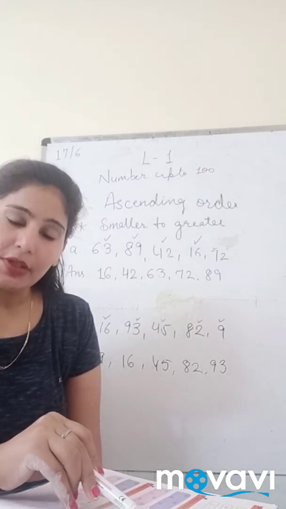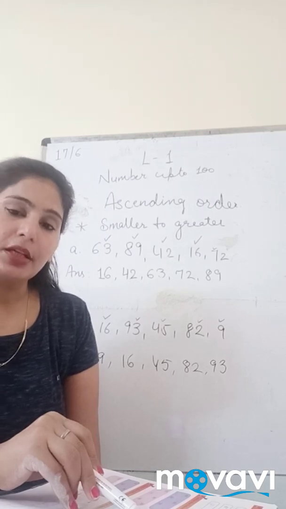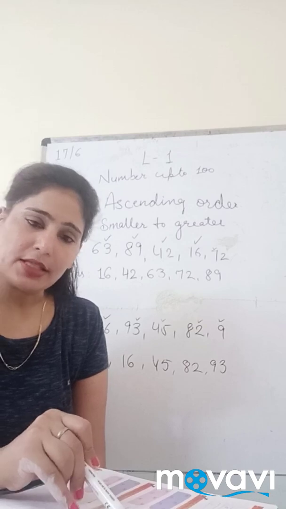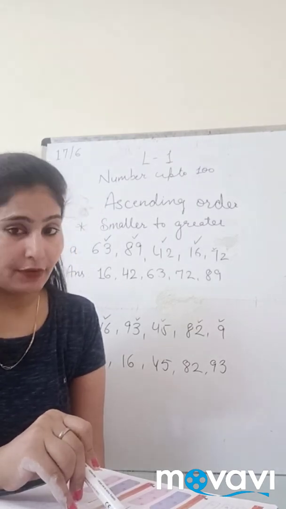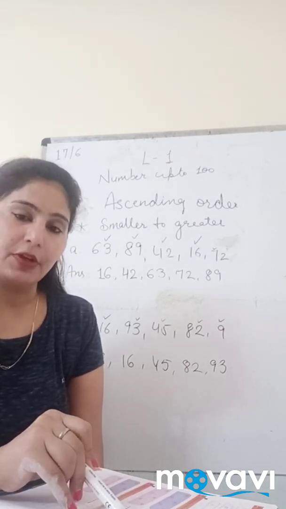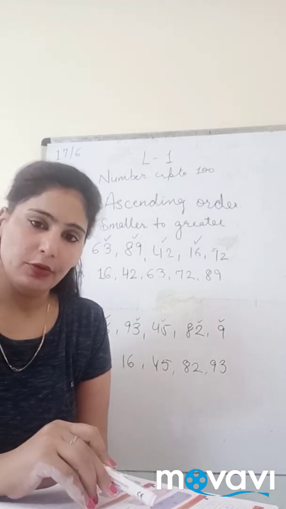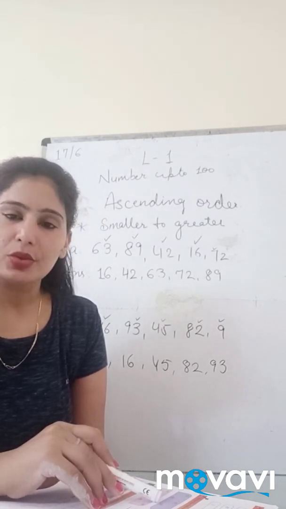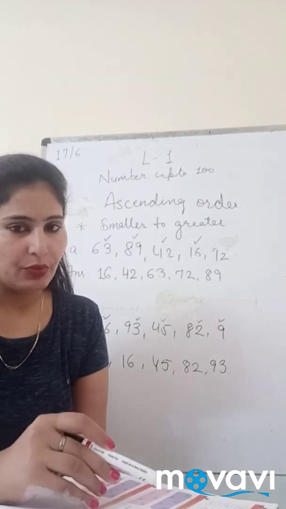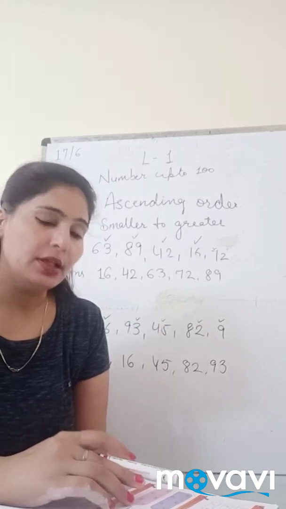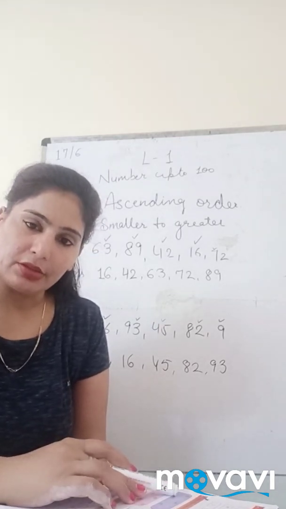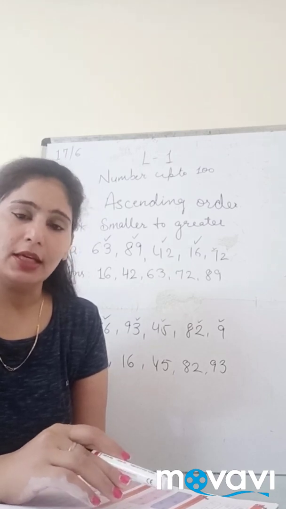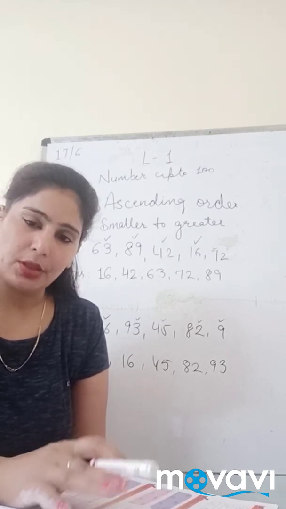Then after 37 I can see that there is a number from the 40 series, that is 42. So I'll write 42 in the next box. Then after the 40 series there is the number 54, so we will write 54 here. Then 61. Now I can see that there is no number from the 70 series, so we cannot do anything. We will move further, and the last number is 83. We will write 83 in the next column, so that our question is complete.